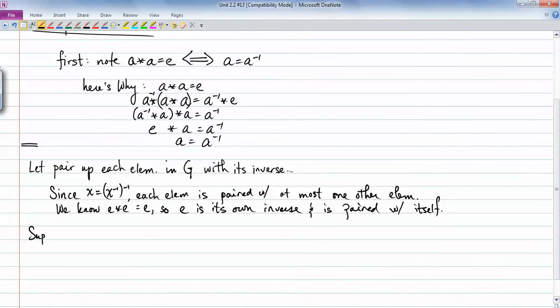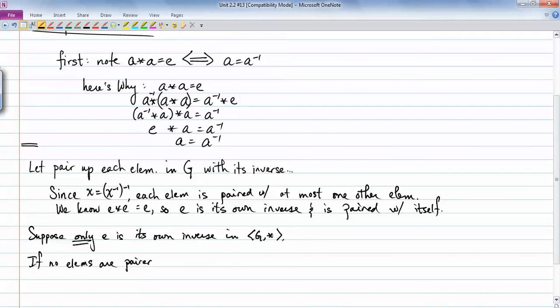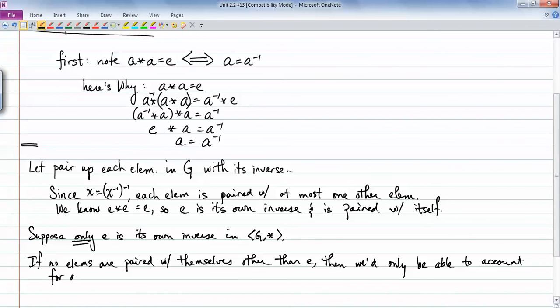Okay, so let's suppose only E is its own inverse in the set, in the group G star. So only E, right? Well, if no elements are paired with themselves other than E, then we'd only be able to account for, let's see, how do I want to write this? We'd only be able to account for an odd number of elements in G,